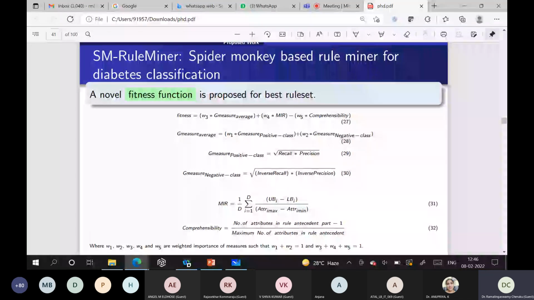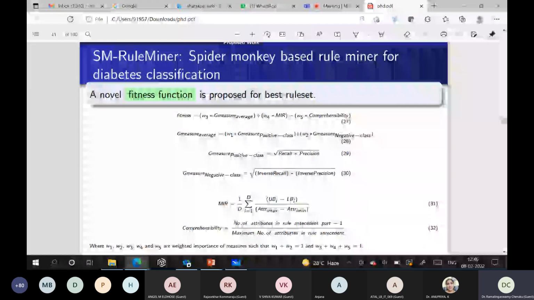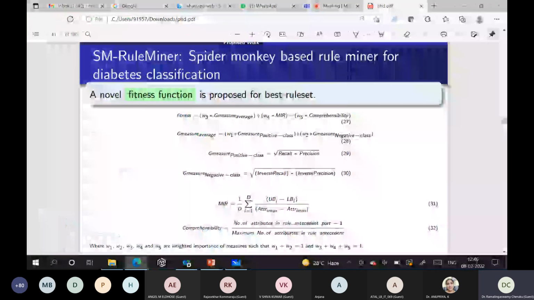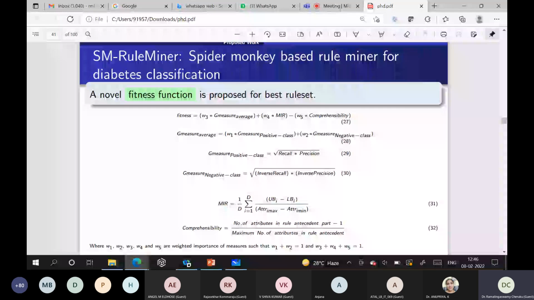These are some of the performance measures which we frequently use in classification algorithms. I think you already know some of this stuff, so I'm not discussing what recall and precision are, but these denote how your classifier performs toward the positive class. Similarly, to evaluate the performance towards the negative class, we take the inverse precision and inverse recall. That will evaluate the classifier's performance towards your negative class data. So basically, we are considering how the classifier behaves toward the positive class and the negative class, because we want to balance both.